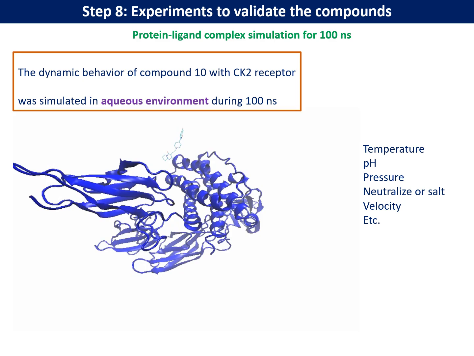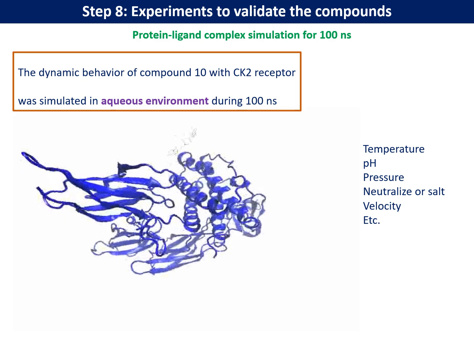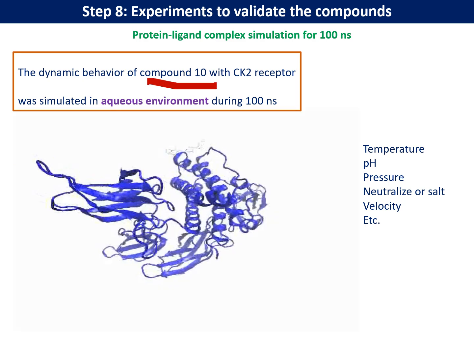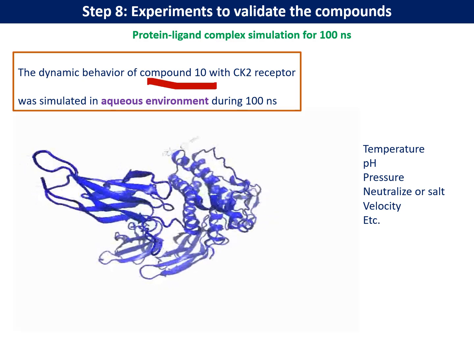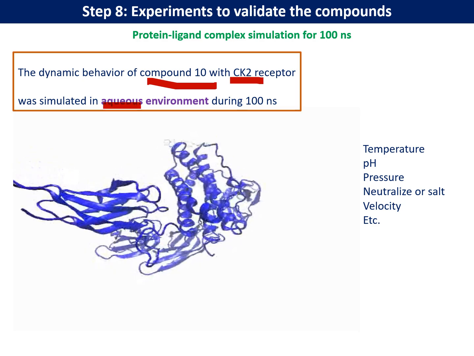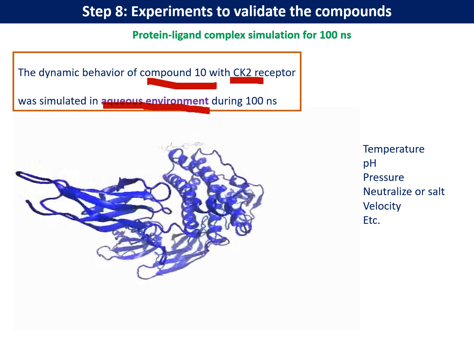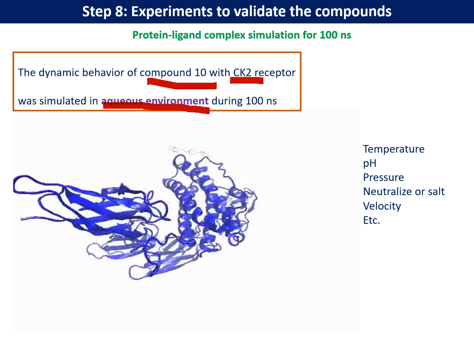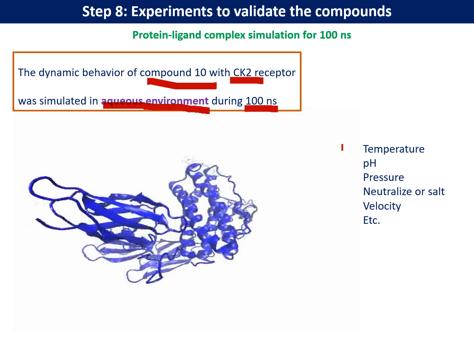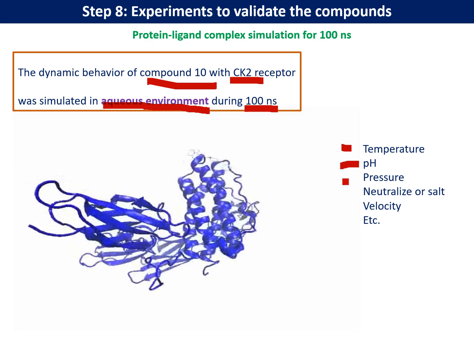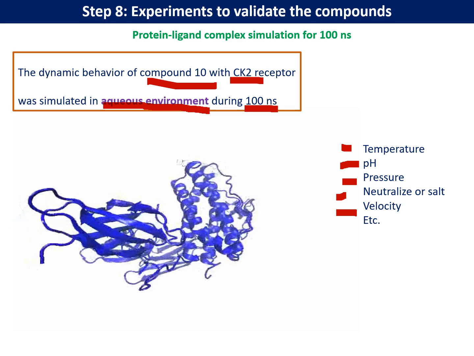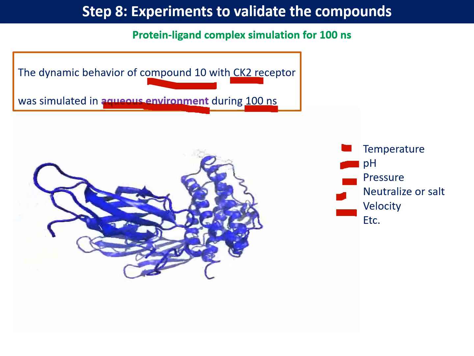use the software, you can produce the video that, if you can see here, this is compound number 10 after docking with CK2, and you will simulate it in the water environment. In this case, I simulate around 100 nanoseconds. In that case, you can adjust temperature, pH, pressure, salt, velocity, and everything similar to reality in the cell and